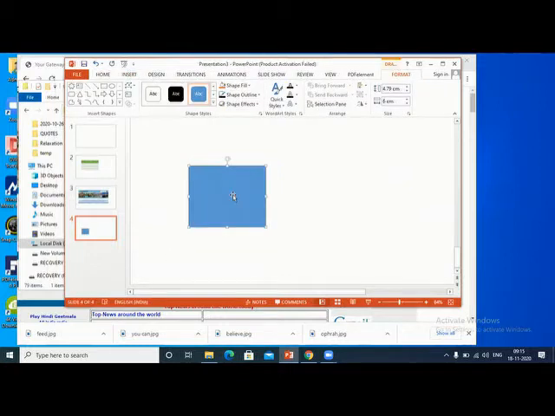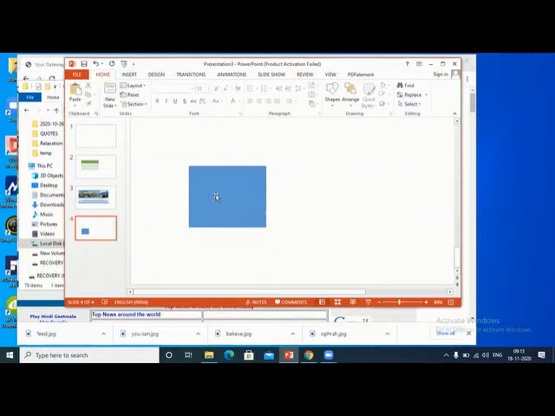After drawing rectangle, and very interesting that when you make a shape, you can just select it and type. No need of selecting text or anything. Just select and type. Okay, so that is something very interesting.